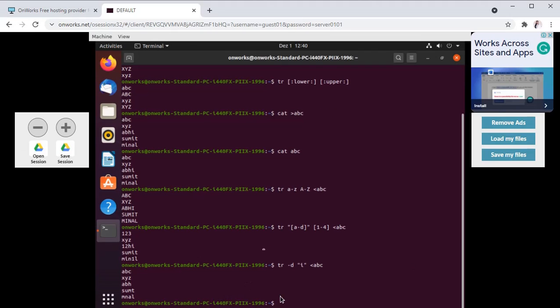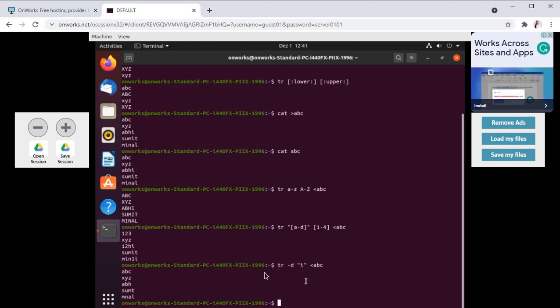So see the output of this command here. Wherever i is there, i is deleted from the particular words. Here from abhi, i is deleted, from sumit i is deleted, from minal i is deleted.